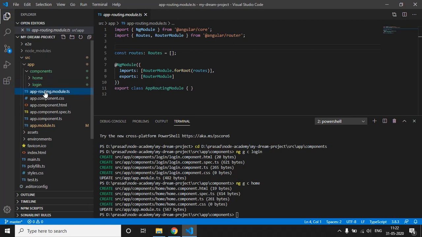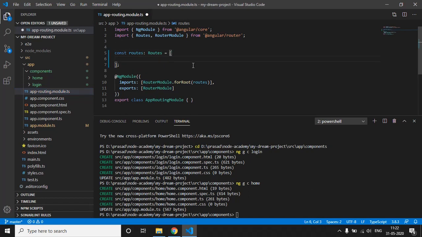For writing the routes, we have to write them into this routes array. The syntax for writing a route for any component is path, then we have to provide the path. When there is no path in the browser, that is a plain localhost port 4200, then we have to specify which component to be loaded when the path is empty. So we have to mention the component here.